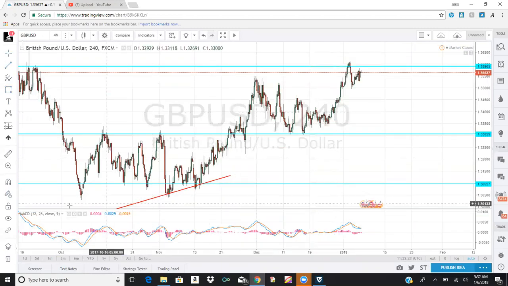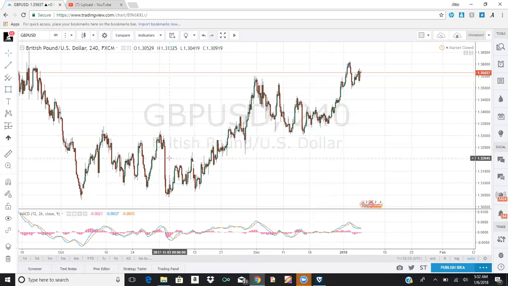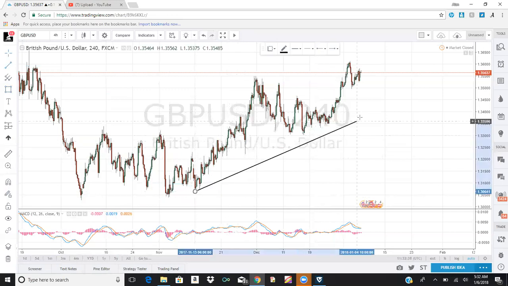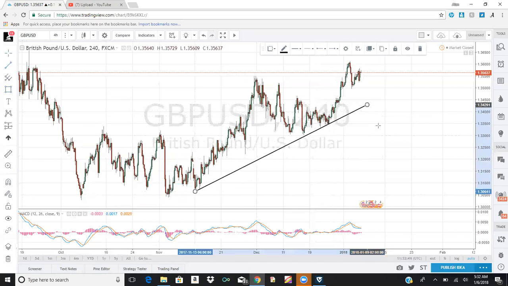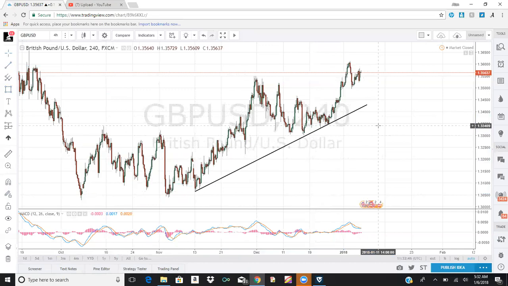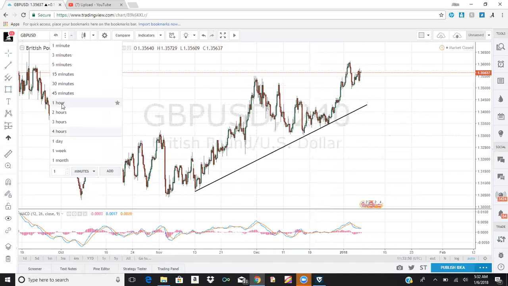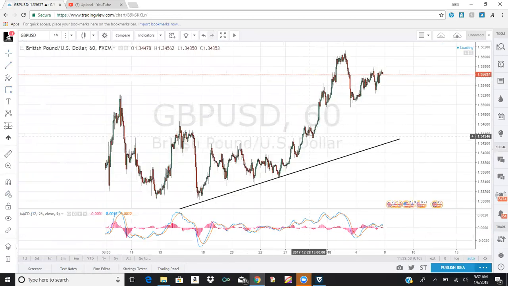Cool. So let me delete everything that's on my chart as of right now, so we can come back to trend line. Here's where the trend started. Draw it just like that, right? Pretty simple, pretty simple. And then if we go to a 1 hour time frame, you can see that the